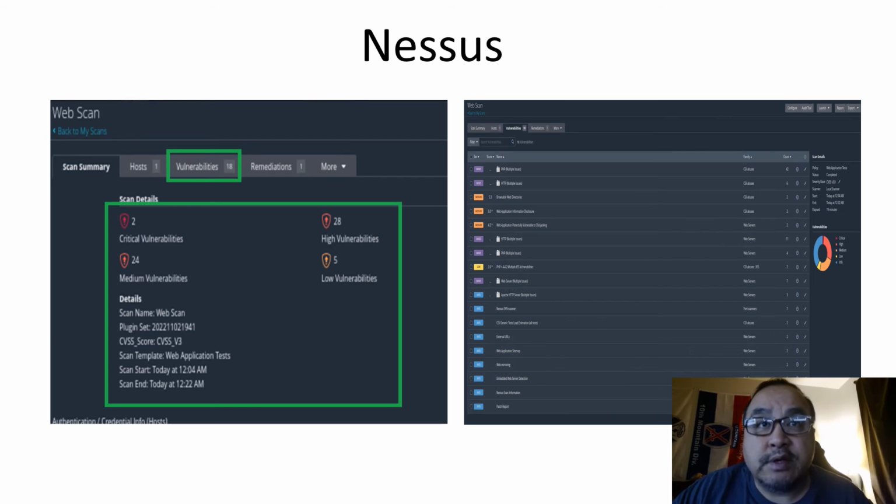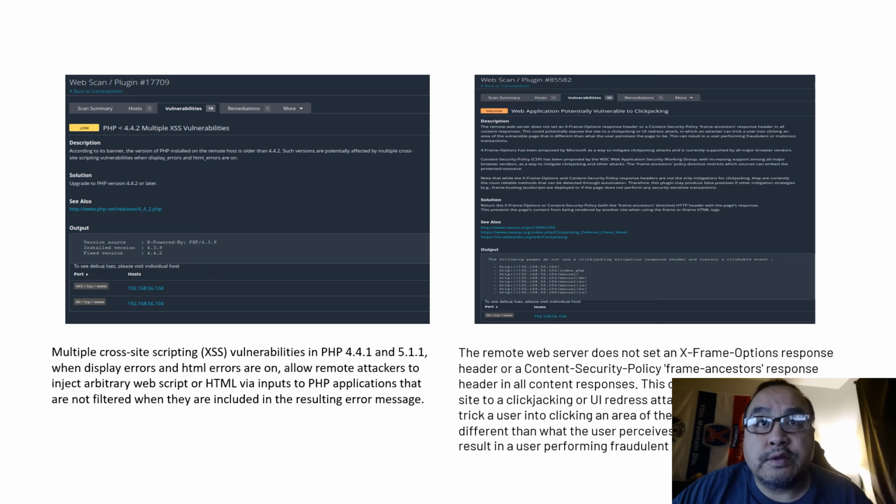2 critical ones. If we double click on the vulnerabilities, it will expand the list of vulnerabilities, which is shown on the right. And we have a list of well over 10 vulnerabilities. I will only cover 2 for brevity. So the 2 vulnerabilities I will cover are the multiple cross-site scripting and the remote web server that does not send